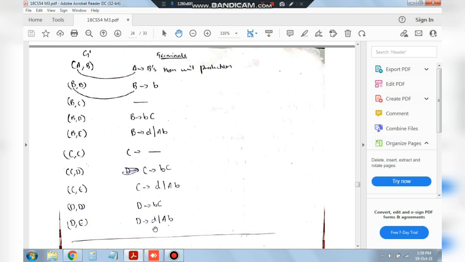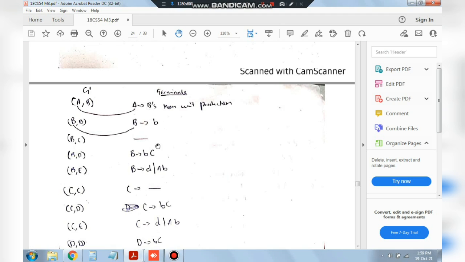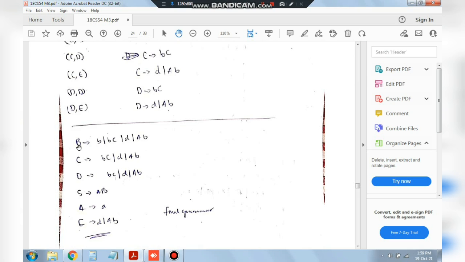After we have found out all of this, we'll be choosing the letters here: B, C, D, S, A, and E. After we get all these letters, we'll be writing the possible combinations here. So B, B, C, D, A, B we have got from here. These are all the terminals and the non-terminals we have written here. In the last step, you have to combine each of these terminals with the final letter here, and this is the final grammar.